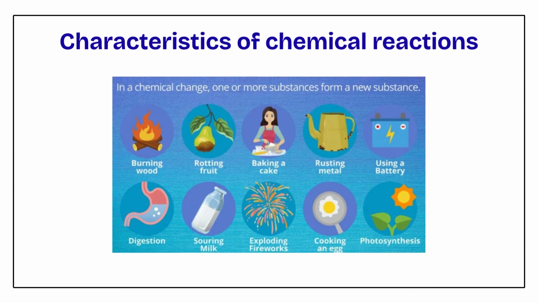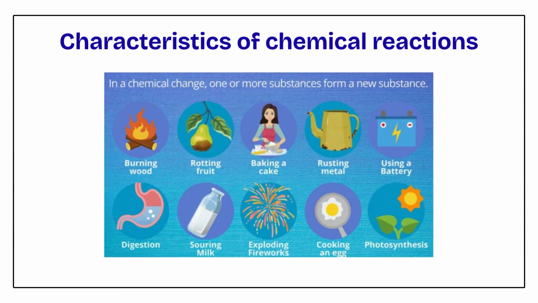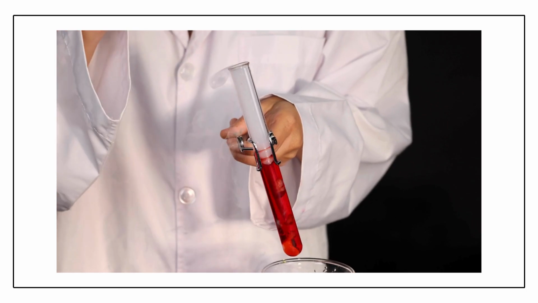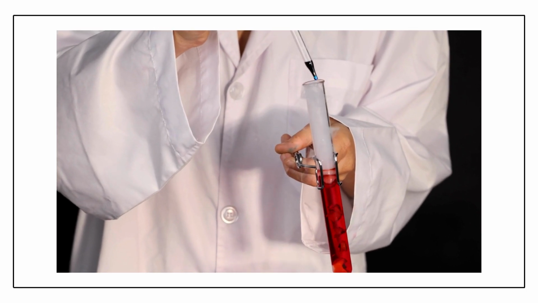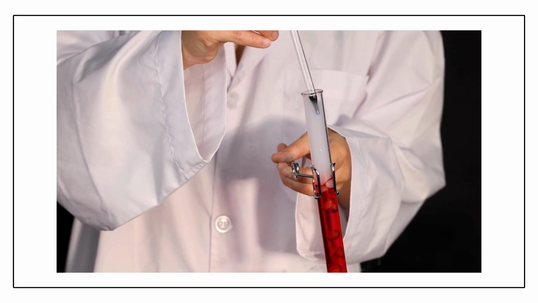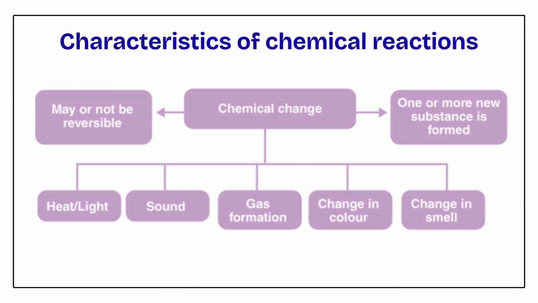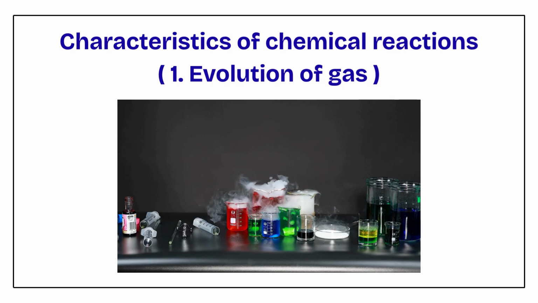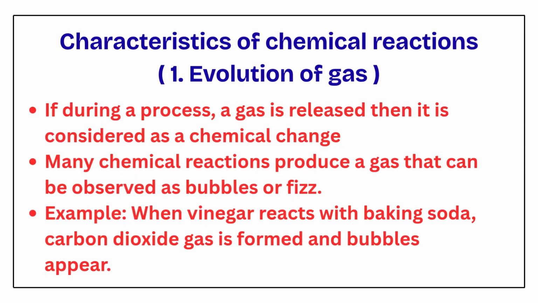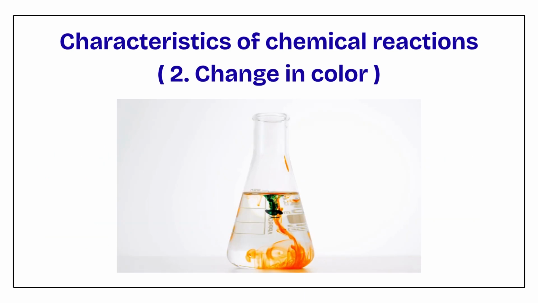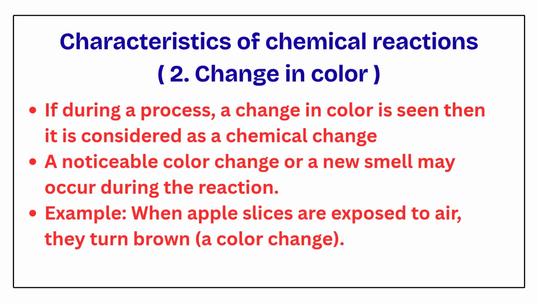The second question: what are the characteristics of the chemical reaction? That is, how would we get to know that a given process is a chemical reaction? Here are few characteristics of the chemical reaction. Number 1, evolution of gas, which means that if during a process a gas is released, then it is considered as a chemical reaction. Number 2, change in color, which means that during a reaction, if there is a change